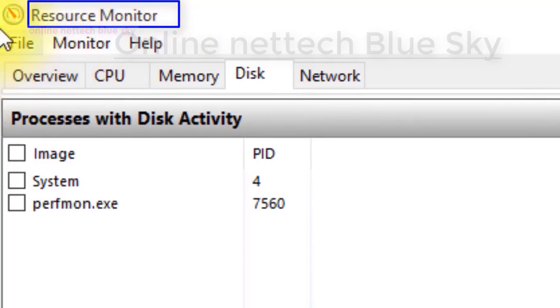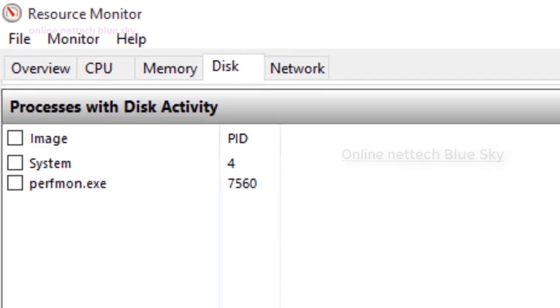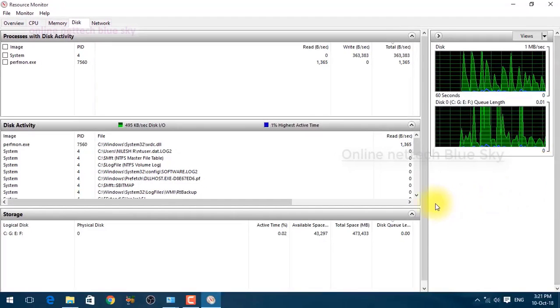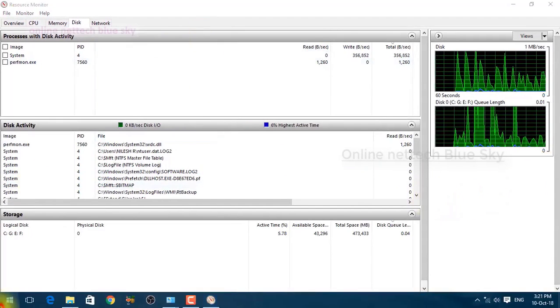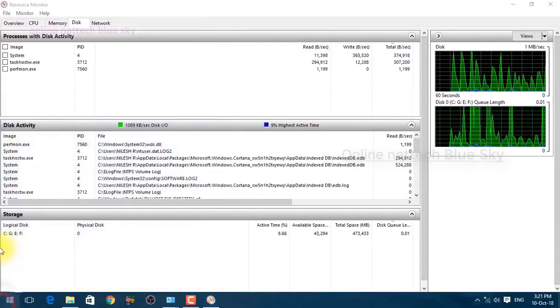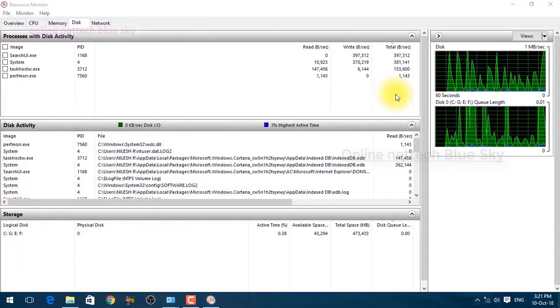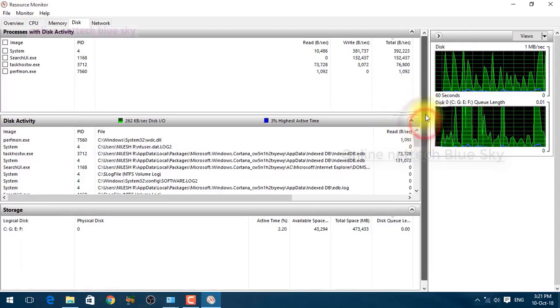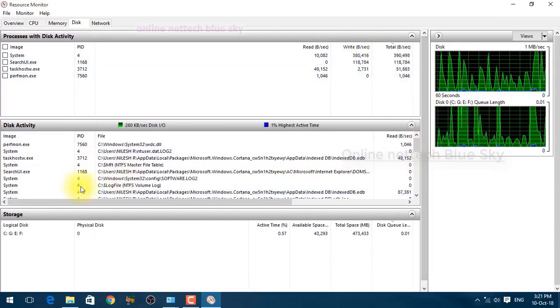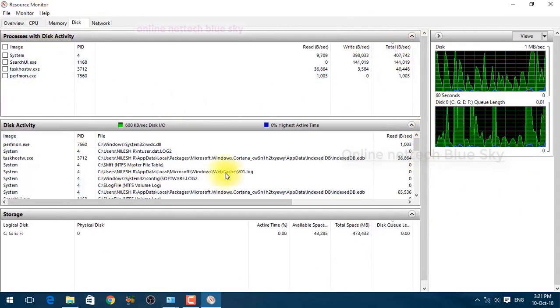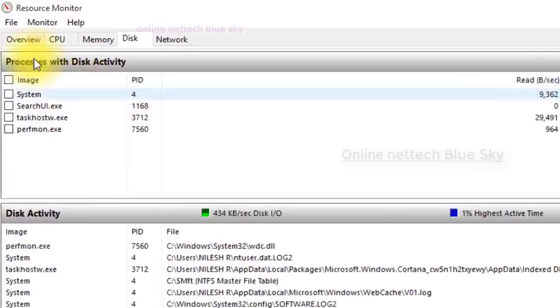You can see the Resource Monitor name here, and first the left side icons appear here, available for information and sources. So what is a Resource Monitor, and why use Resource Monitor?